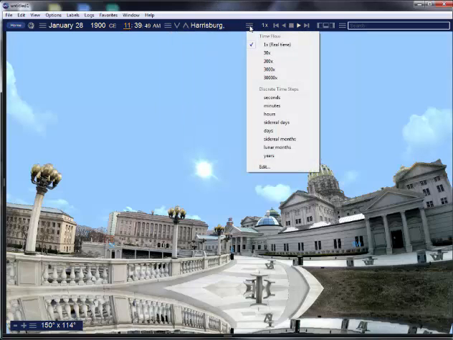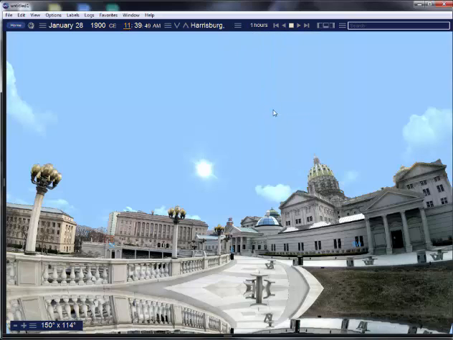Now the next 3-bar menu over here, again, controls the time flow relating back to the date and time here. You can change it in real time, which is the default. You can change it 30, 300, 30,000 times faster. And you can also change it to step forward an hour at a time or a month at a time. So if you wanted to change it to hours and step forward an hour at a time,